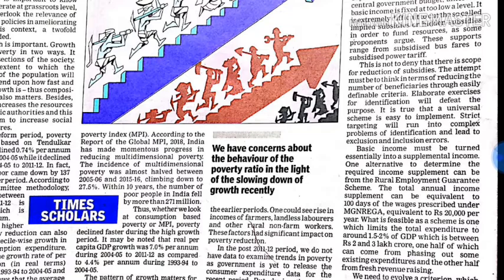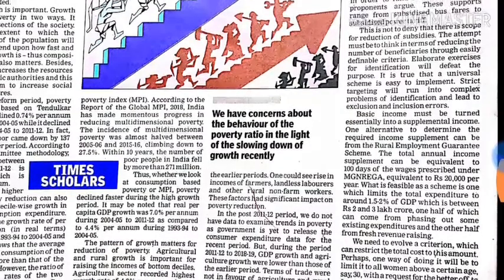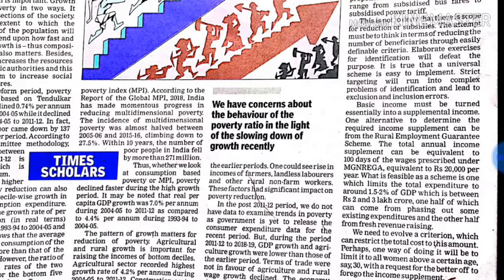One alternative to determine the required income supplement can be from the Rural Employment Guarantee Scheme. The total annual income supplement can be equivalent to 100 days of the wages prescribed under MGNREGA, equivalent to rupees 20,000 per year. What is feasible as a scheme is one which limits the total expenditure to around 1.5 to 2% of GDP, which is between rupees 2 and 3 lakh crore,